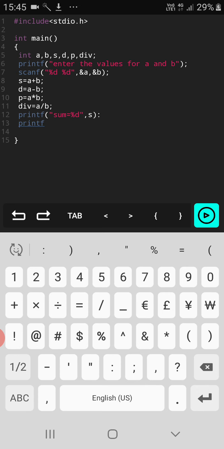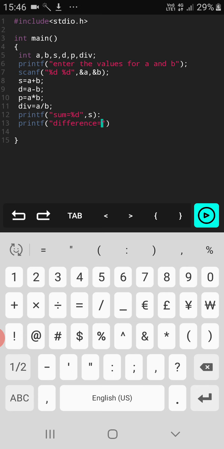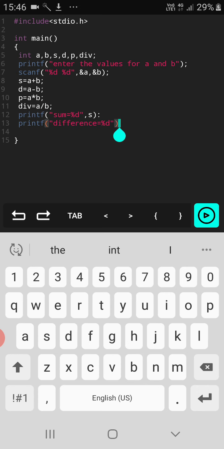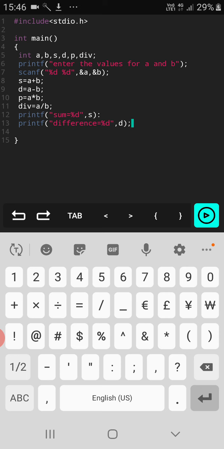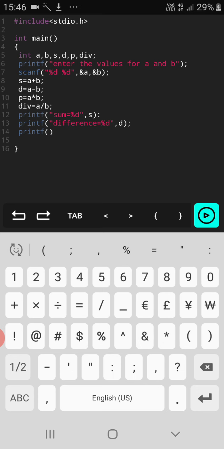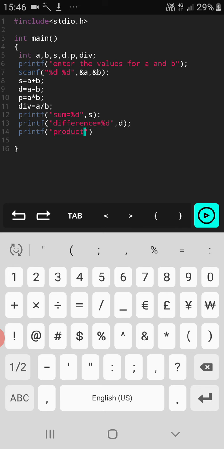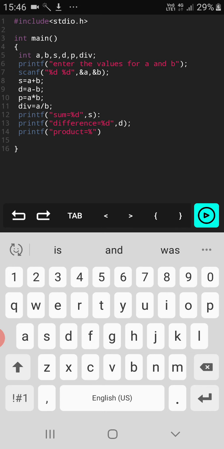So printf, I'm going to make use of a bracket, double quote, and then difference equals to %d, then in the double quotes, comma, the variable which I have used over here is d, and end the statement with the semicolon, and then the third line, printf product equals to %d.